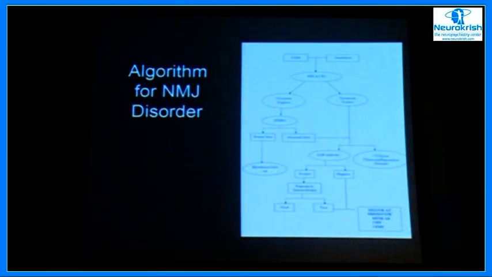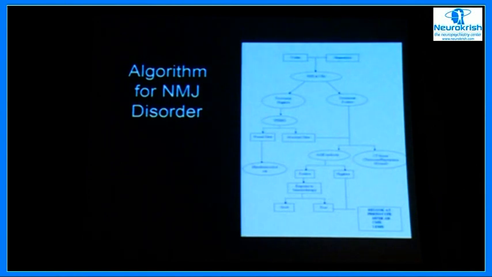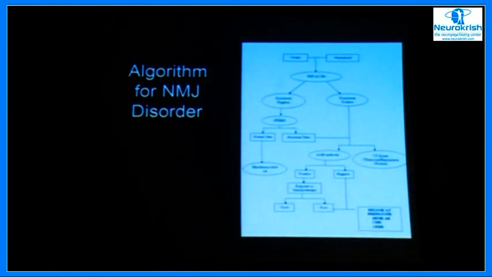So basically this is an algorithm where we look at myasthenics. What we actually do is ocular generalized RNS. If decrement is negative, we do a single fiber looking for abnormal jitter. If decrement is positive, we send for ACHR antibody and CT thorax. If ACHR antibody is positive, response to immunotherapy is good. If it's poor, and if the ACHR antibody is negative, you have to relook at the phenotype and look for MuSK antibody, where you look at the phenotype, either middle-aged ladies with neck weakness and bulbar weakness, or whether it's a CMS, congenital myasthenic syndrome phenotype. So you really need to look at the phenotype carefully.